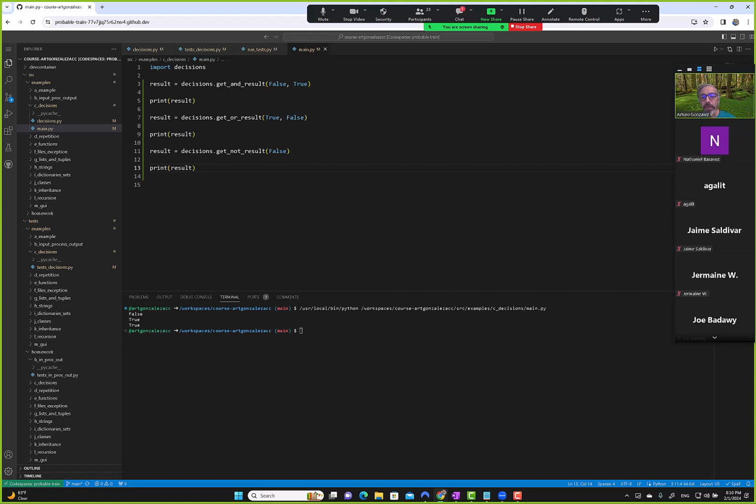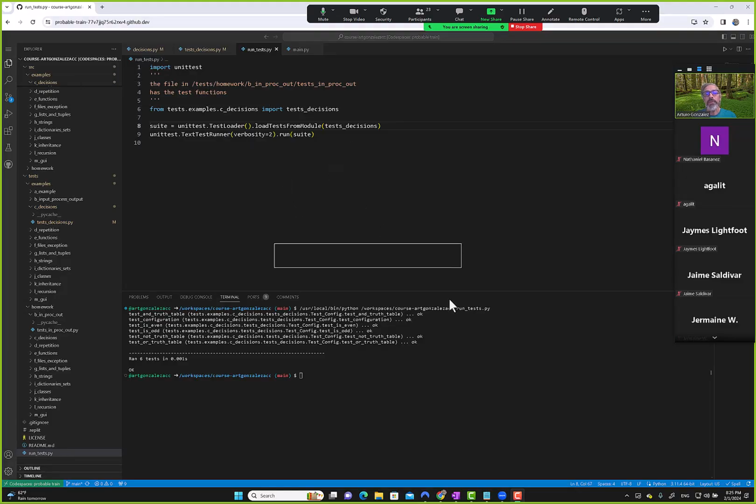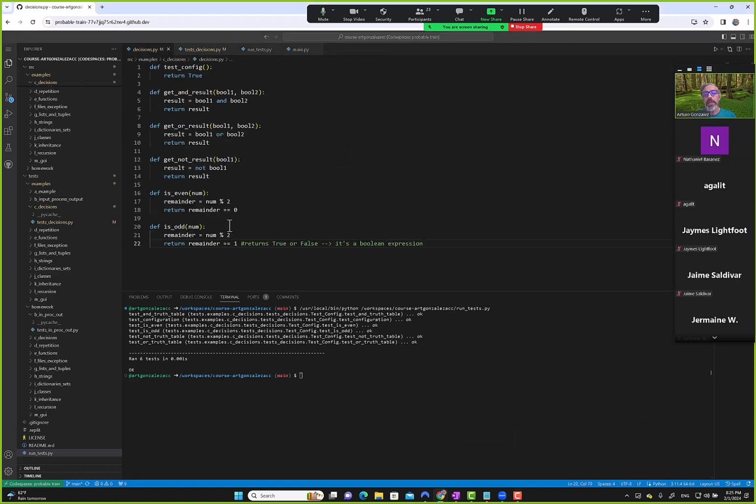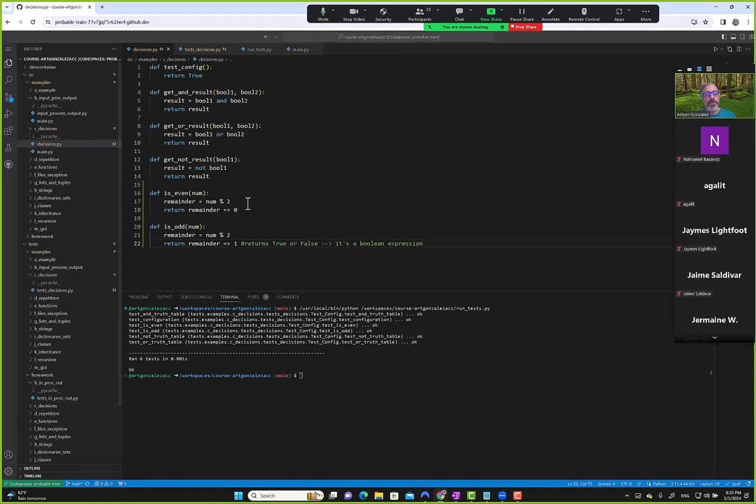Okay, so let me stop the recording. Time to do the quick review of what we were doing. We're using Boolean expressions to create some code that helps us solve some real-world problems, right? In this case, it's very simple: determine if a number is even. So we have the code